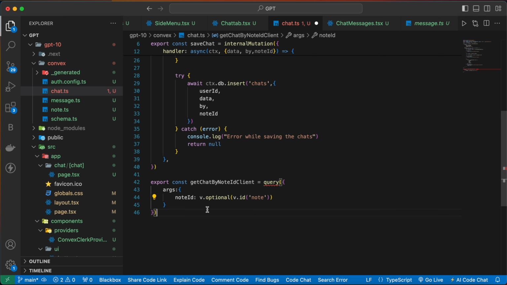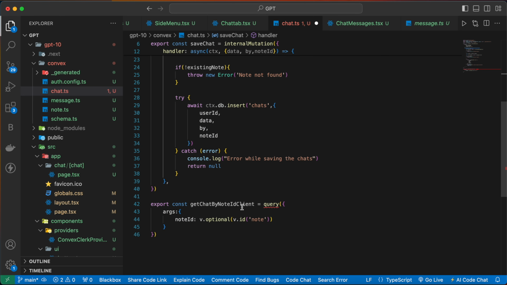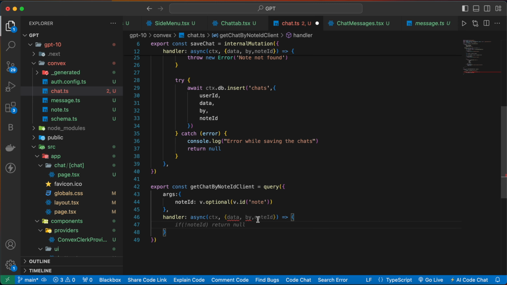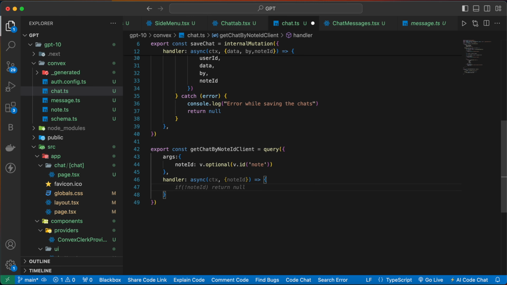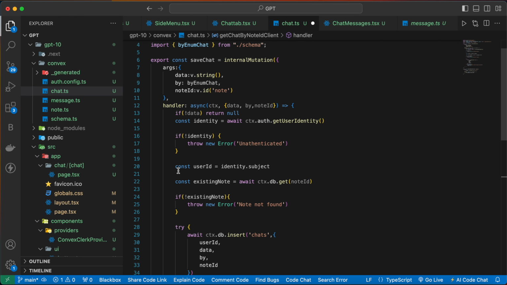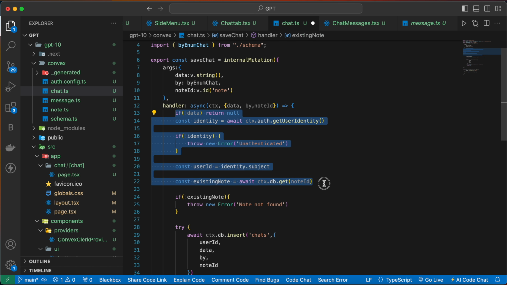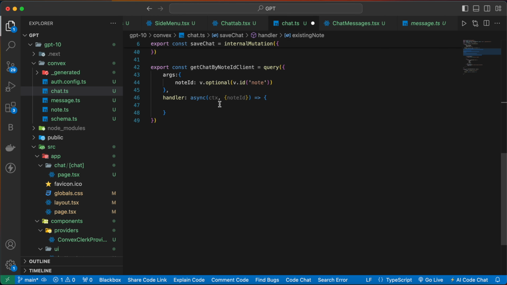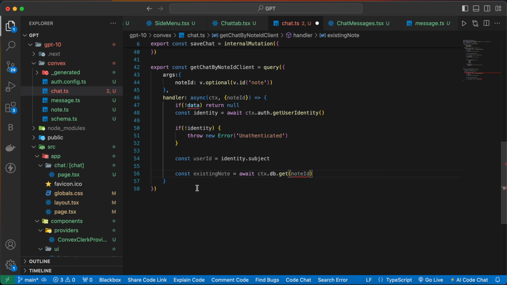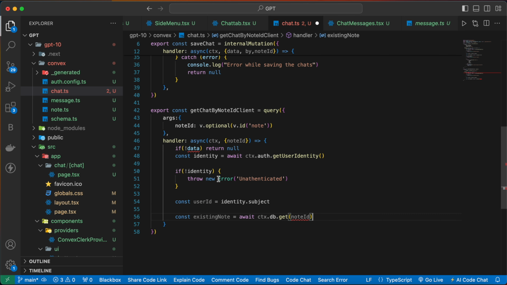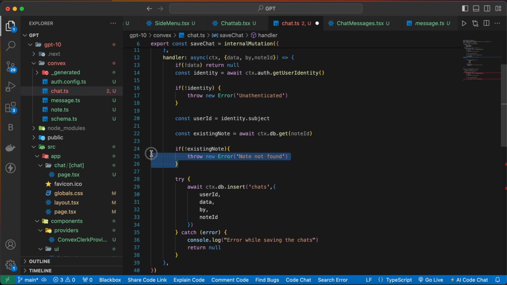After that, let's write the handler function. So that is like this, and remove these two. Now inside the handler, first we are going to check if the user is there or not. Okay, then we are going to get this. Okay, we are also going to check for the existing node,